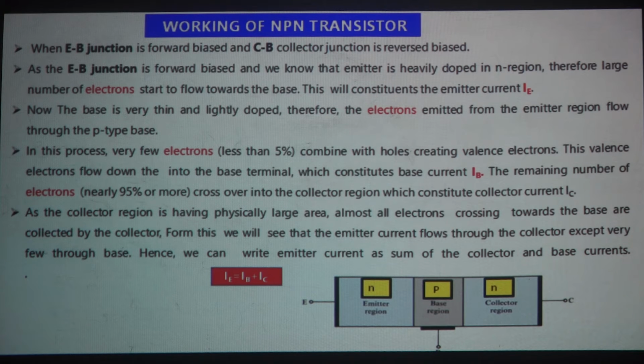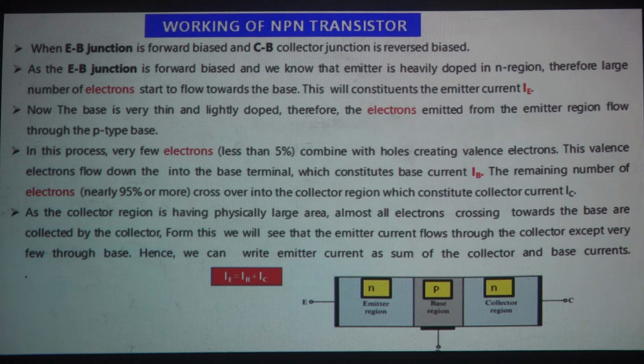And the remaining electrons, nearly about 95%, cross over the collector region, which constitutes the collector current IC. And as we know that the collector region has a physically large area, almost all electrons crossing towards the base are collected by the collector,